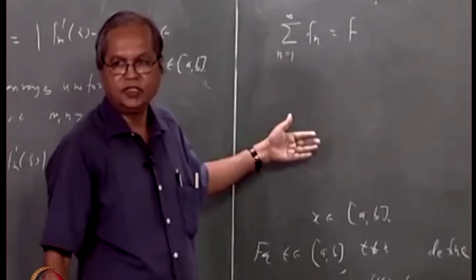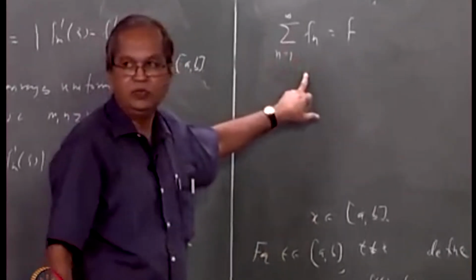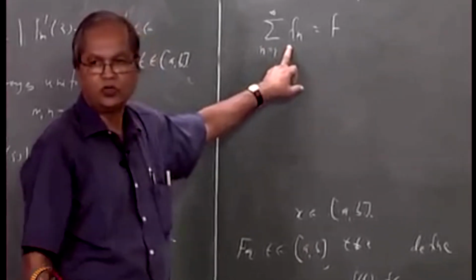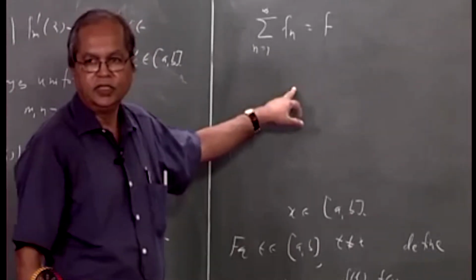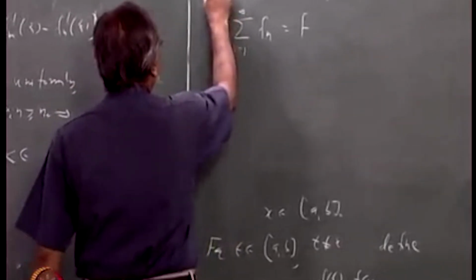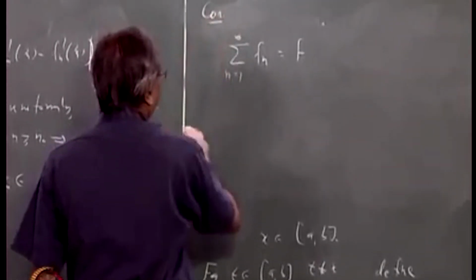We will need an additional condition, namely that sigma fn prime should also converge uniformly, and this original series should converge at least at one point. Then we can differentiate the series term by term. So let us just record those observations. So the corollary is this: if